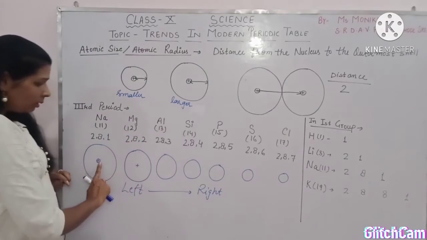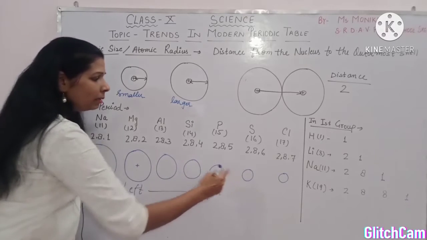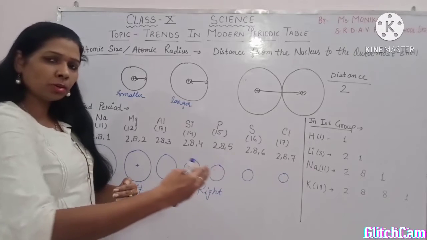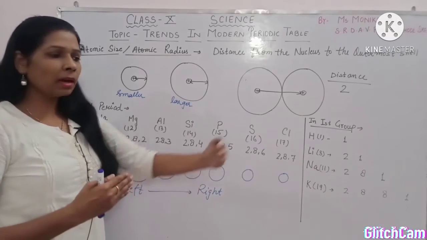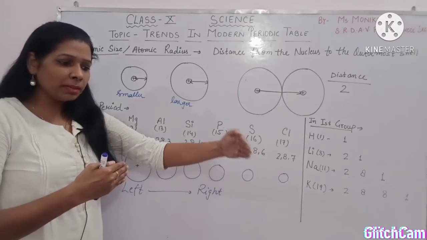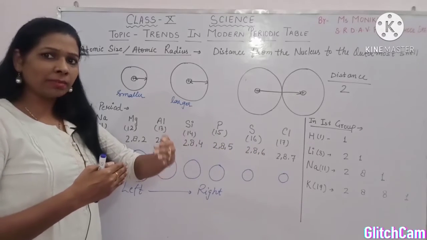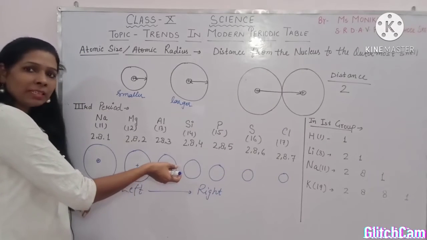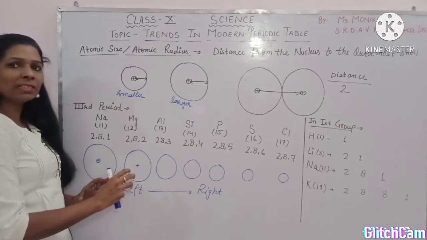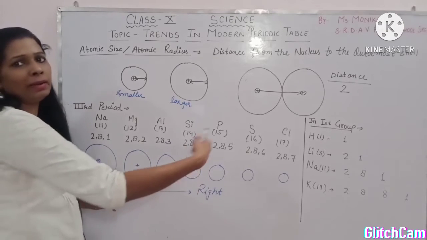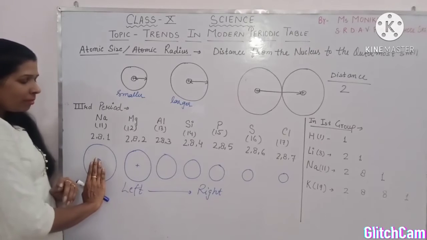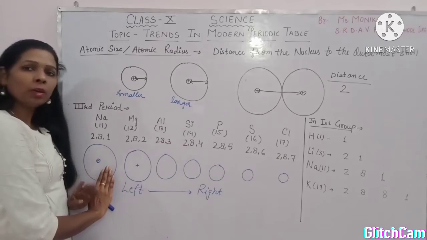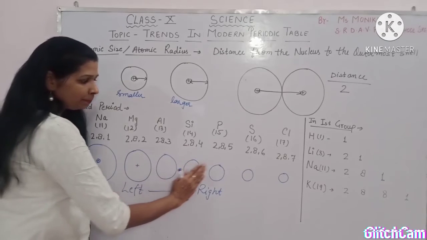As the nuclear charge increases, the attraction force through the nucleus to the outermost shell also increases, and hence the outermost shell bit by bit is shifted towards the nucleus as we are moving from left to right. And because the outermost shell is shifted towards the nucleus, the size becomes smaller and smaller. So when we are moving in a period from left to right, the atomic size decreases